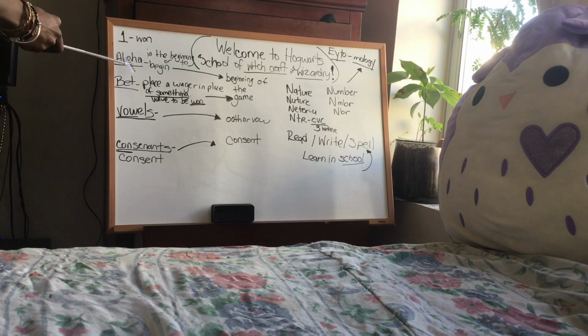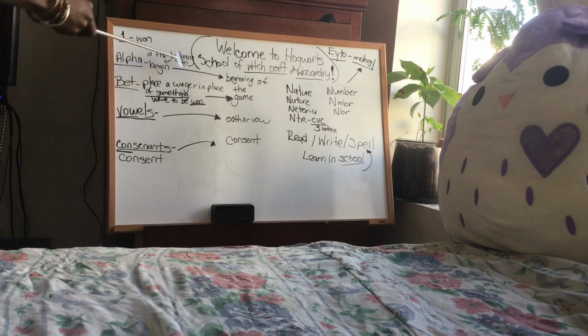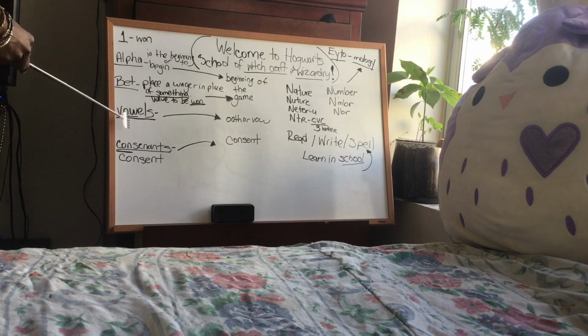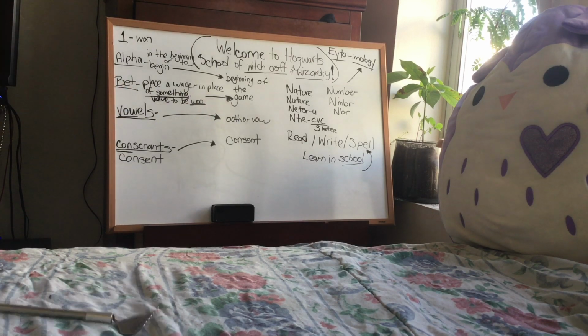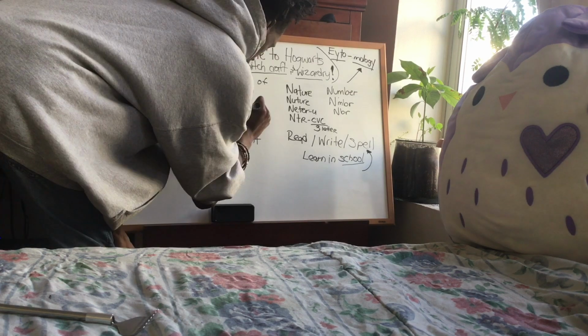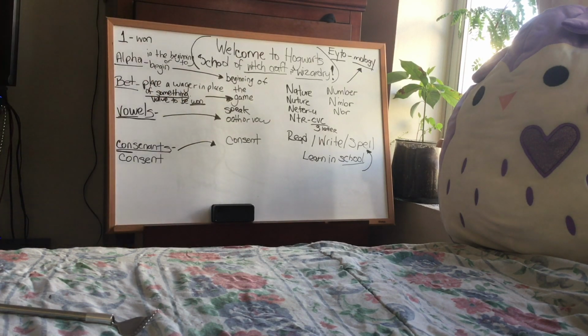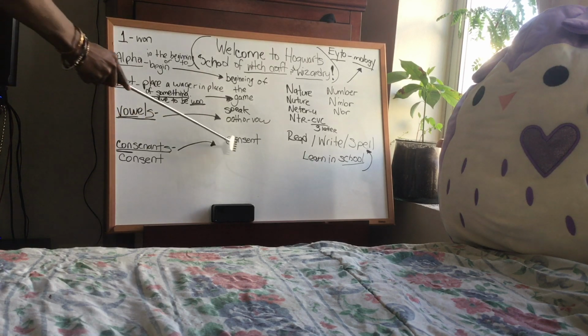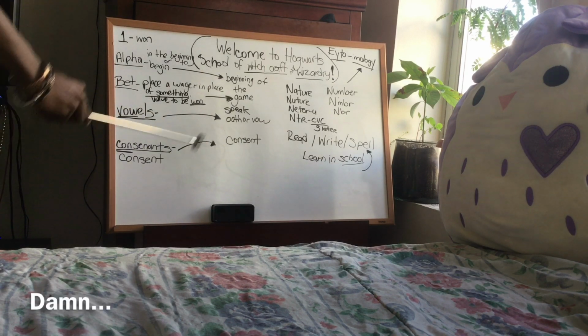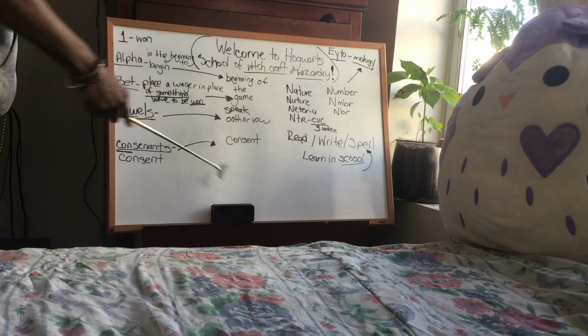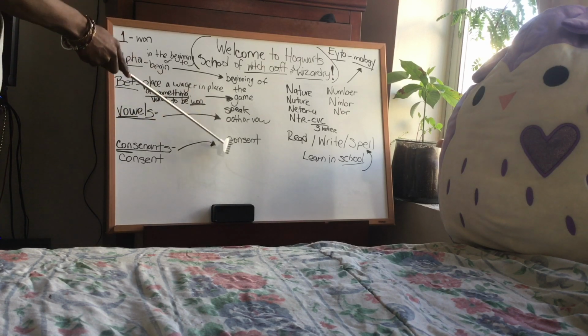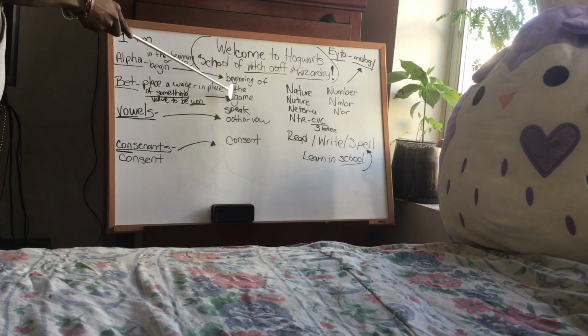So the word alphabet means, alpha means in the beginning of the bet, or the beginning of the game. What is the game? What are you wagering? The word vowel means to speak. To speak is also a vowel, because when you talk, you gotta speak, right? And the word consonant means to consent. So the whole language means you're consenting, you're taking a vowel and you're consenting to play the game from the beginning.